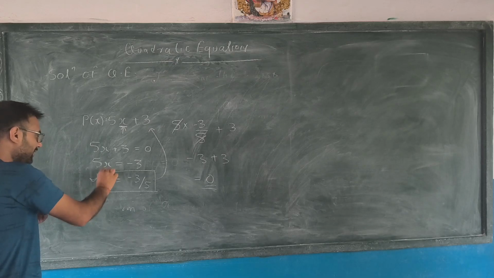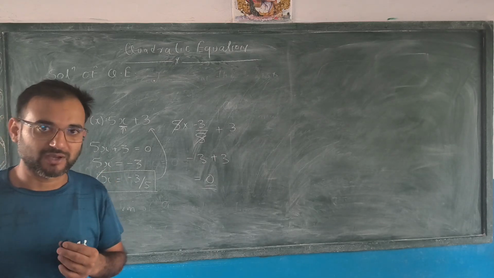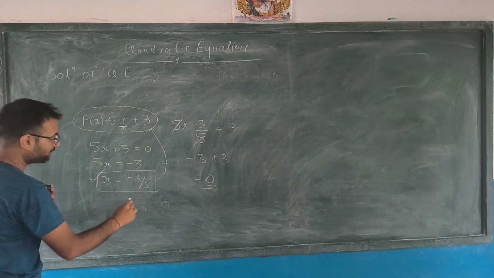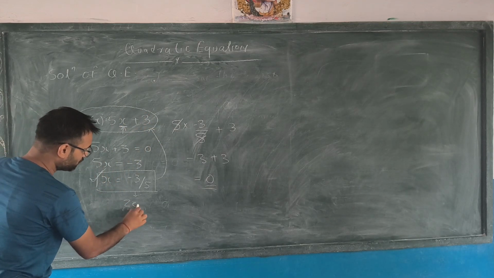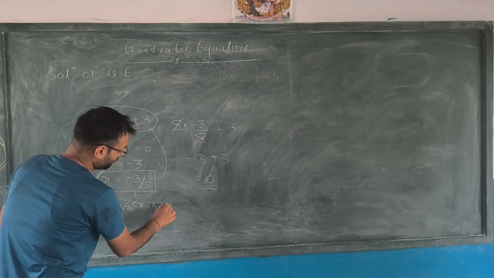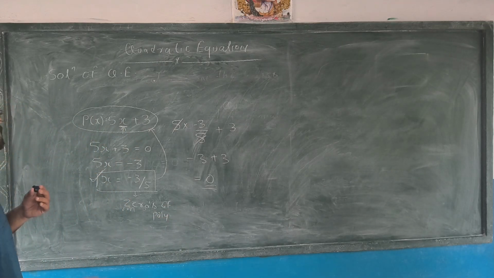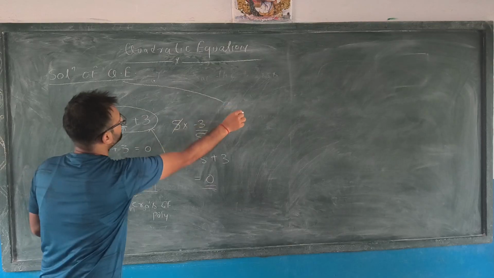So this value, minus 3 by 5, is the zero of the polynomial. Now, in the same concept, in the quadratic equation,